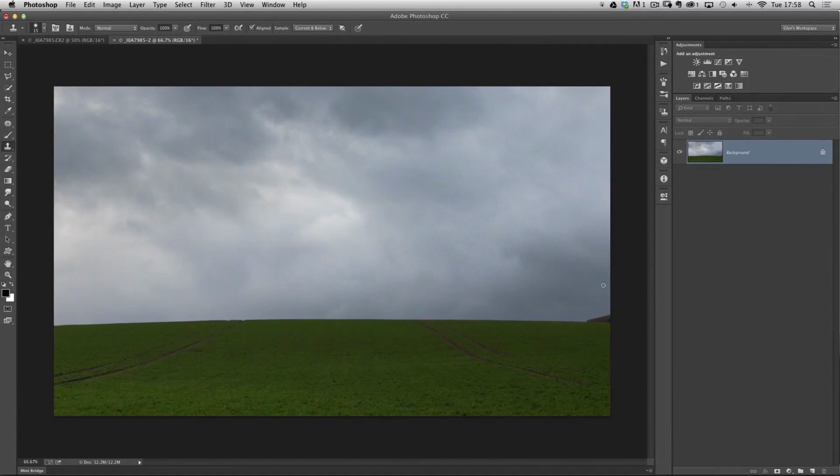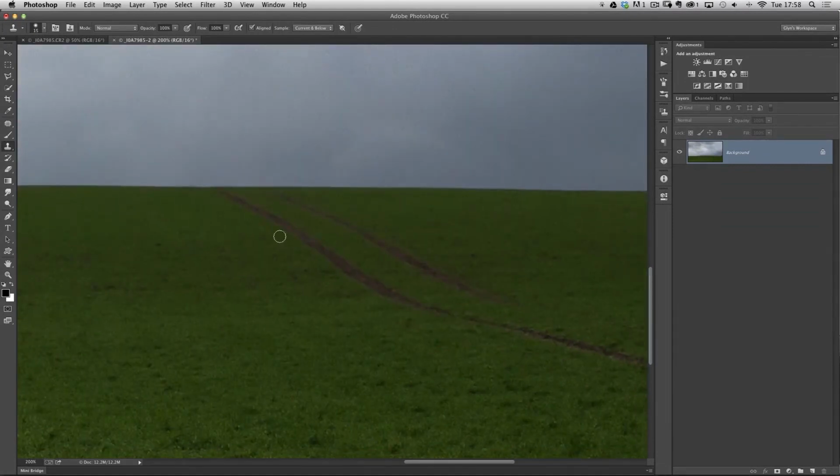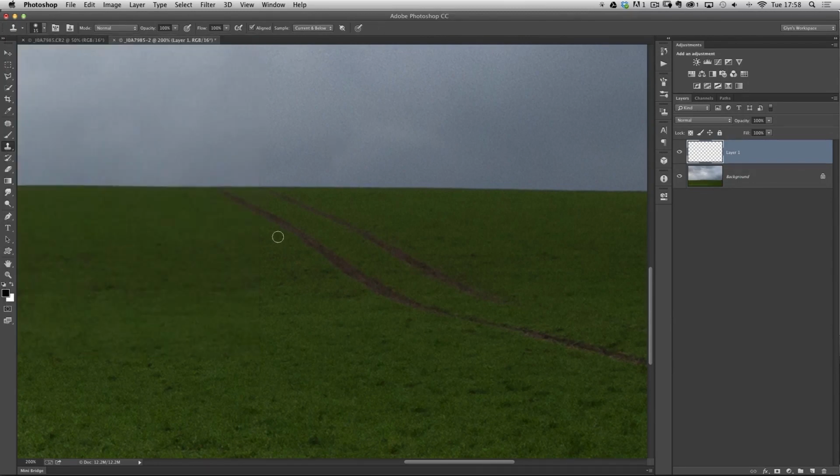layer. So now that I'm in Photoshop, one of the first things I want to do is remove these little tracks here from a track that has obviously been going up and down the field. So I'm going to add a blank layer. I'm going to get my clone stamp tool over in the toolbar here, making sure that the hardness is way down. Not completely at 0, but we'll go for around about 10%, something like that. And then increase the size of it. And I'm just going to click and sample and start painting over areas of the grass to cover these tracks